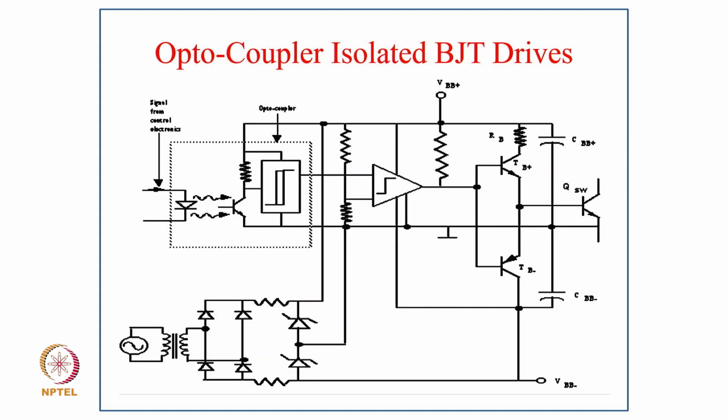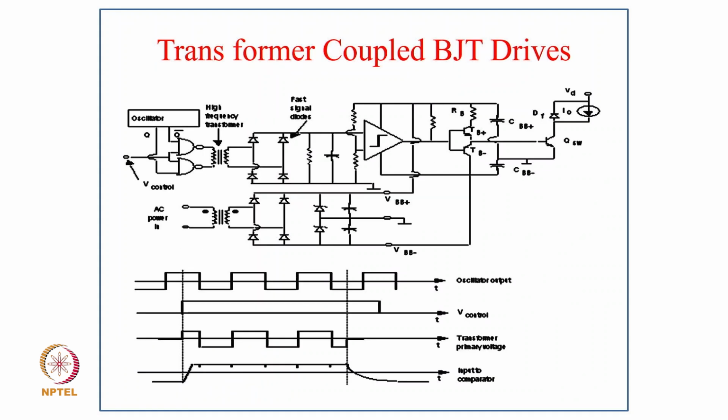Typically for this we are using an optocoupler, and we have an isolated power supply as shown below, of course with power frequency transformer, but sometimes we use high frequency from the DC source, a DC-DC isolated converter for the purpose. Then you have an optocoupler, then a limiter, followed by the remaining protection along with the power supply which gives the signal, typically for this half bridge of transistors.